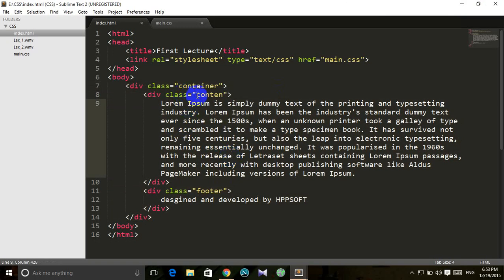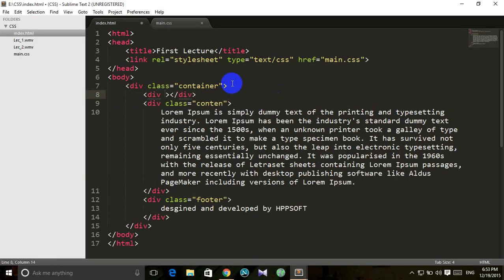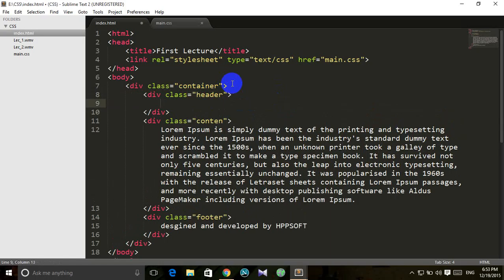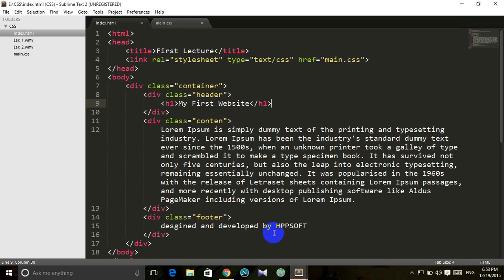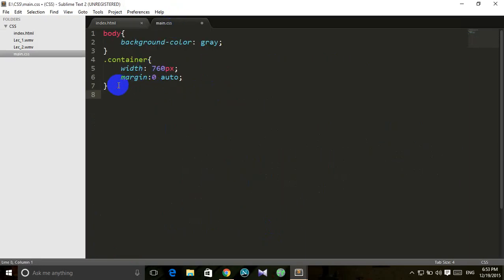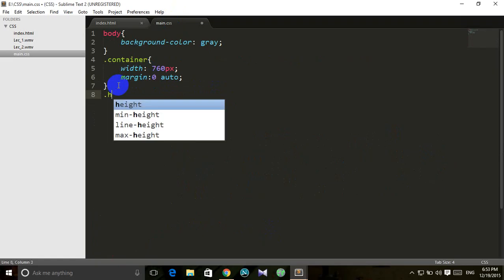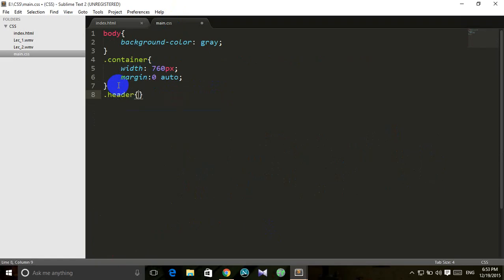Now we have the content section. Let's put another div here with the class of header, and right here my first website, inside an h1. Refresh the page and you can see the first website. Now our first selector was the container selector, and the second selector is the header selector. So put dot header